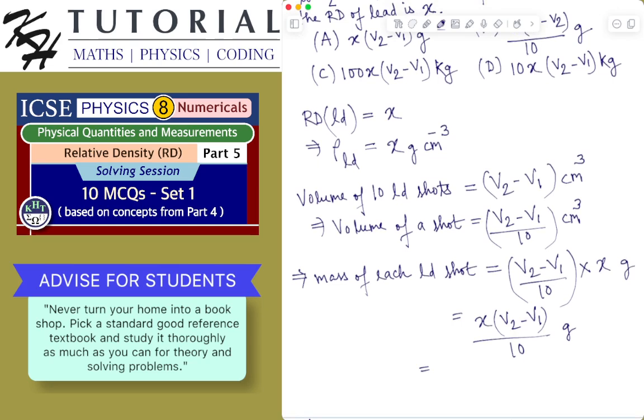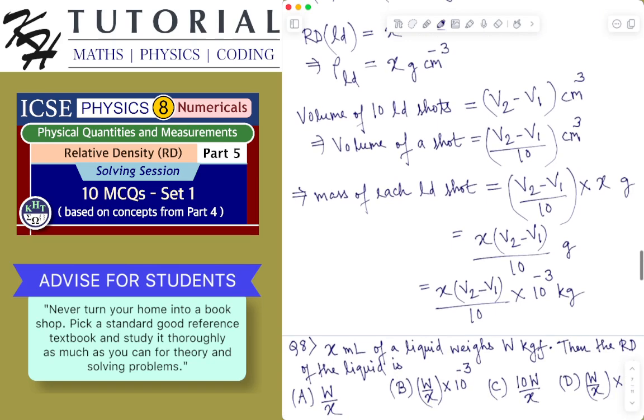So this will be X. How do we convert gram to kilogram? Definitely we multiply with 10 to the power minus 3, this much kilogram. If I simplify this further,